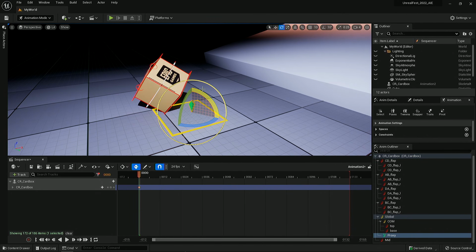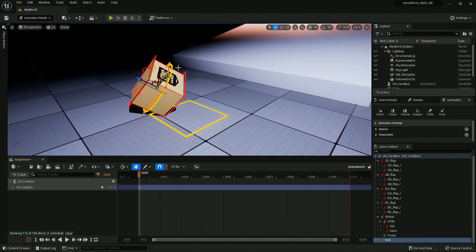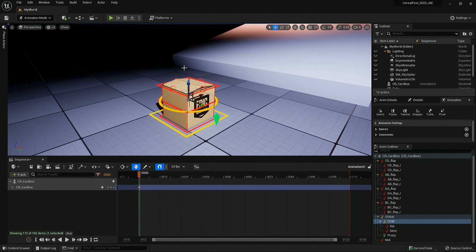But just keep in mind that this is not actually being keyframed, right? It's throwing values into that COM controller, both translation values and rotation values. So let's do that same animation really quick. I select this, it appears. If I select it like this, and I go a few frames later and I rock it back this way,